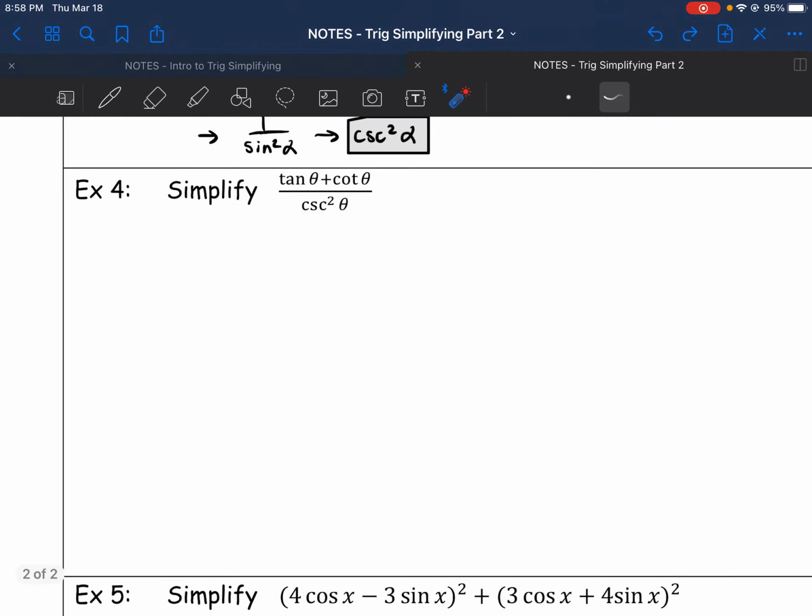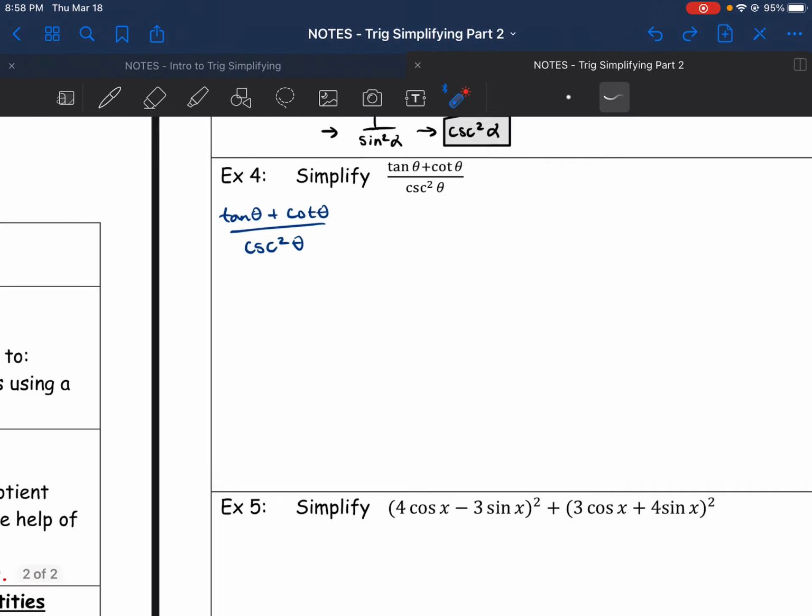All right, so now we hit example 4. Tangent theta plus cotangent theta over cosecant squared theta. And again, I want to think about when are good times to use Pythagorean identities and when are bad times to use them. I look at this cosecant squared theta, and this is actually not a good time to use a Pythagorean identity,